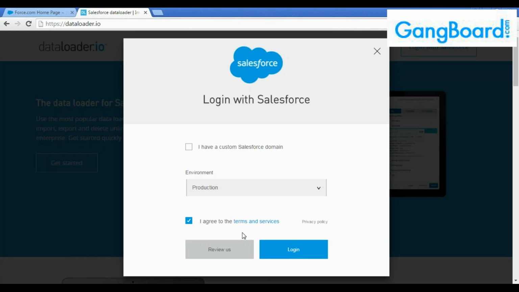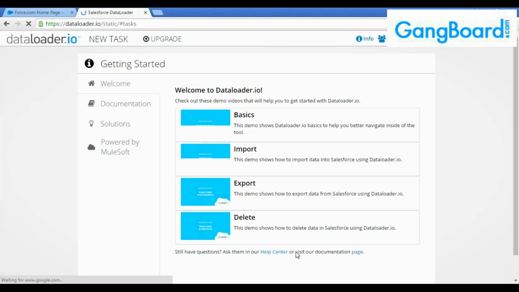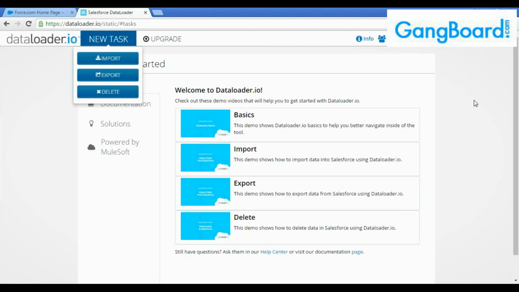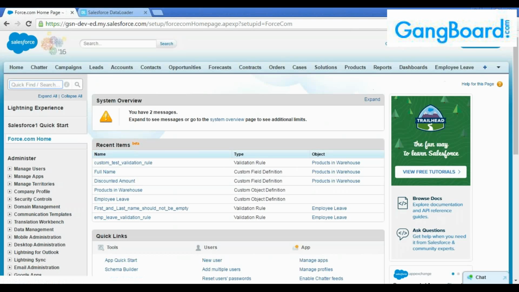So for us, this debug is actually the production. Okay. So just agree to the terms and services and log in. Okay. So this is the data loader page. So now here if you see, for assumption, let's take